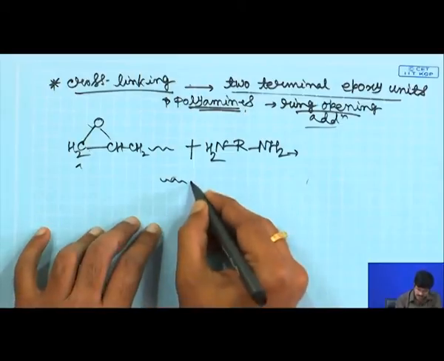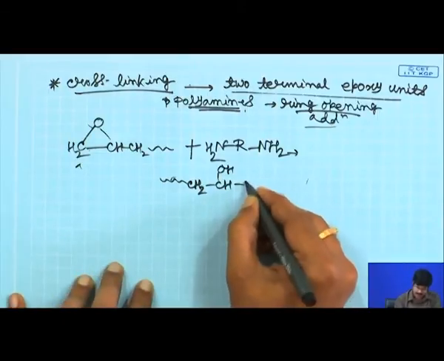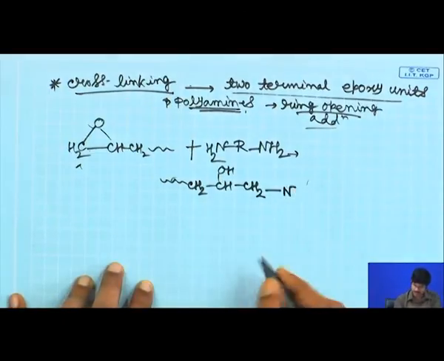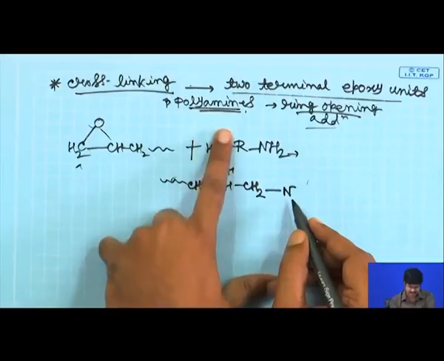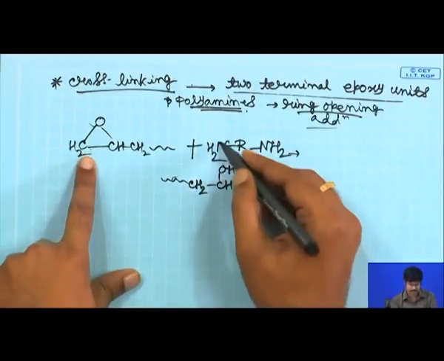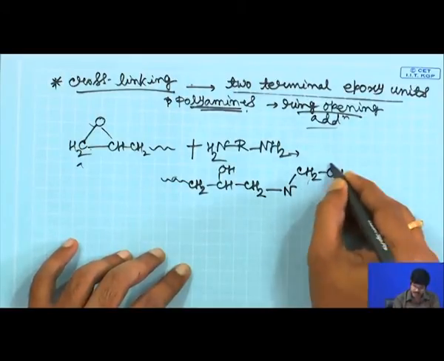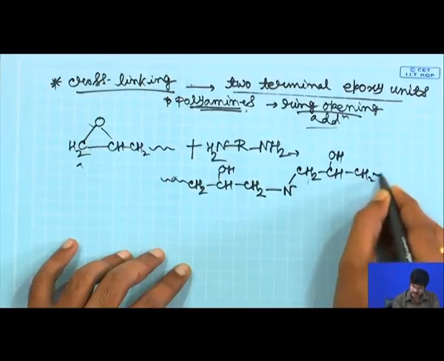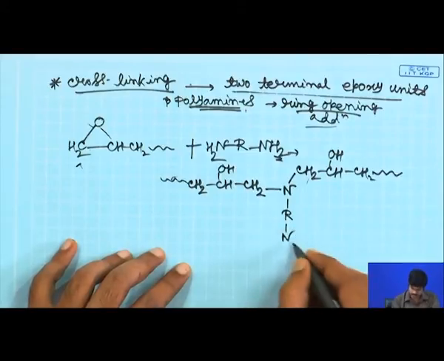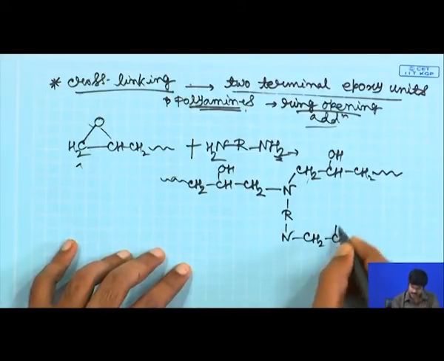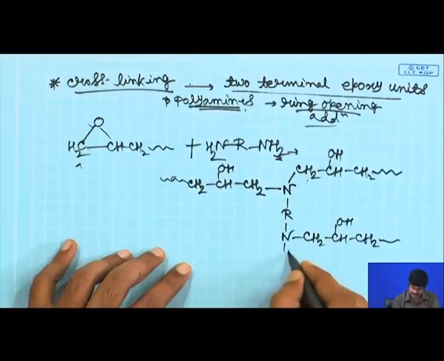So, what I am saying is you will have a product which is something like that, CHOH, because it has opened it up, and then you have CH2, and then you have a nitrogen. Okay. So, it has two protons. So, basically after it has attacked here, it can attack another epoxide linkage. So, that can be opened up again, it will be like this, and then you have R, again it has NH2, 2 hydrogens. So, instead of 2 hydrogens, you will have reaction with 2 different chains. I mean, if you have 2 hydrogens, it reacts with 2 different chains to replace the hydrogens, and you will have